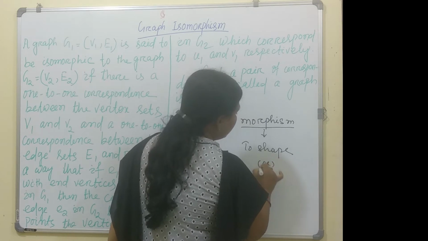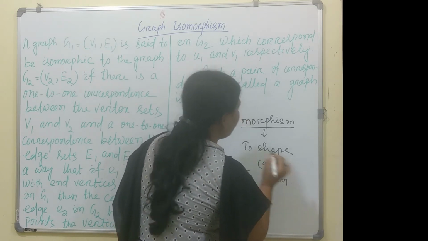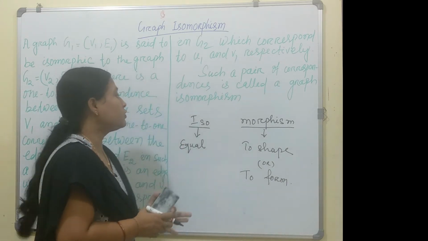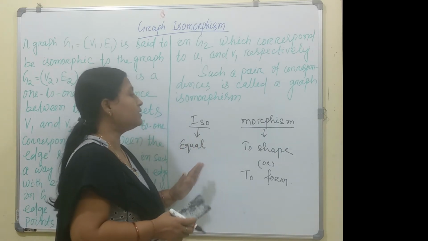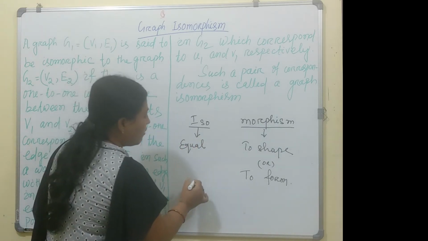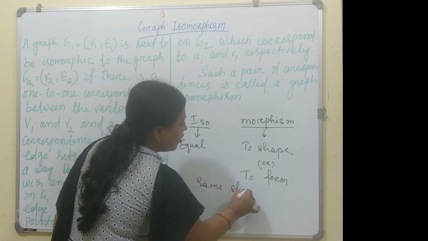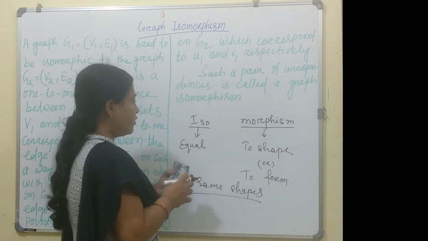or to form. So what is isomorphism in graphs? That means this is graph isomorphism. That means two graphs having the same shapes or the same structures. Okay, so for example,